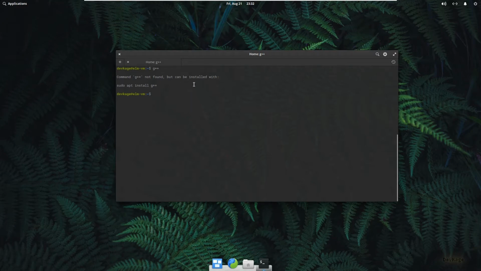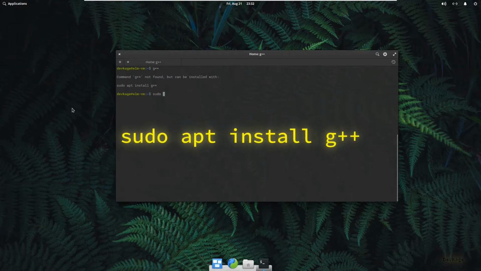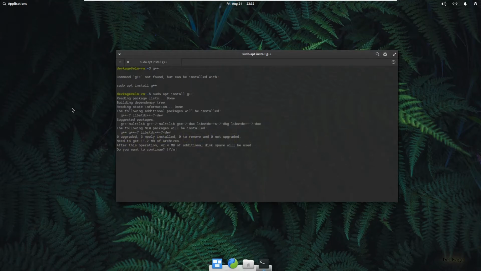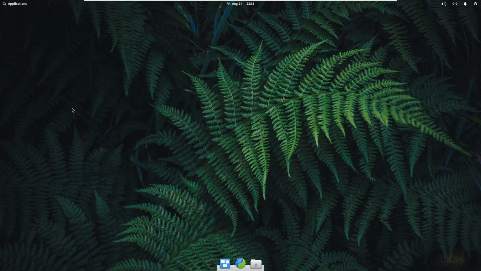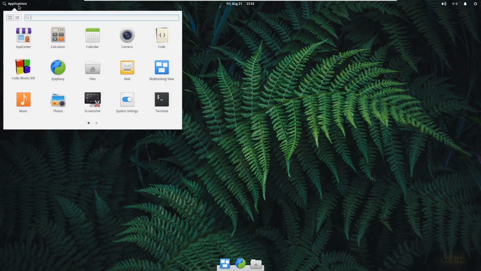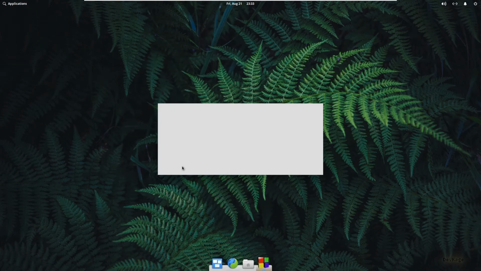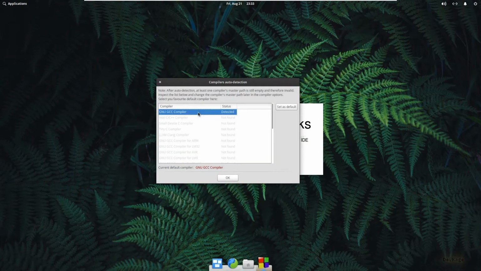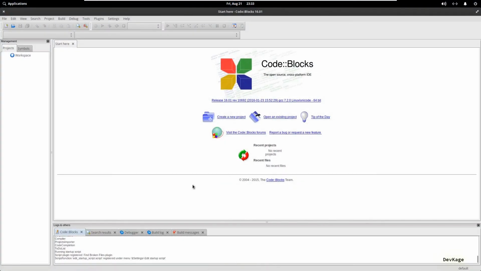So to install the g++ compiler, type in sudo apt install g++. And again type Y and hit enter to continue. Once this installation completes, you can close this terminal and then launch Code::Blocks. And here you will get the compiler detection window. Just click OK here. And this will take you to the main Code::Blocks window, similar to the one we